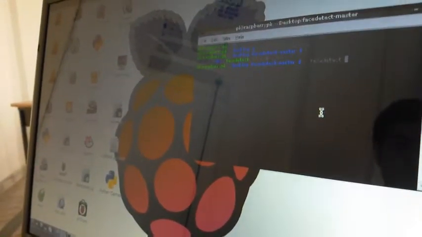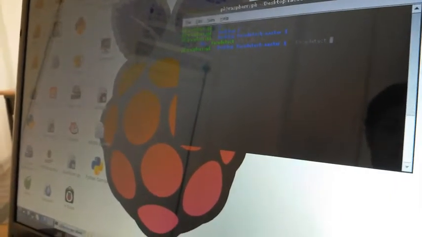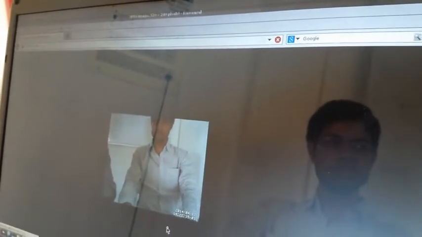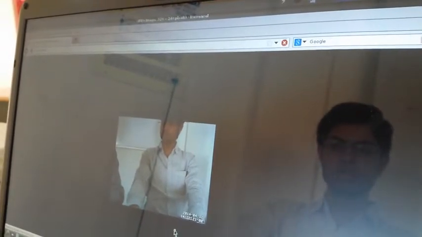Once we connect the webcam, we can watch the live feed in the browser itself using our local IP address. As we all know, Raspberry Pi is not very highly powered, so we can see that the frames drop a lot and it's not smooth, but still we can achieve better results once you store the image.